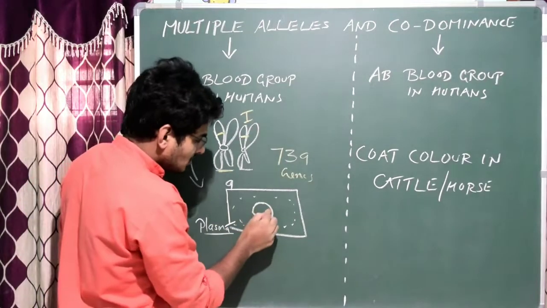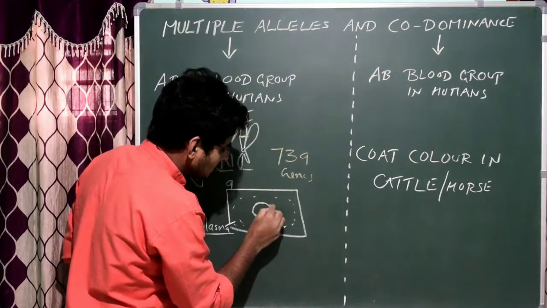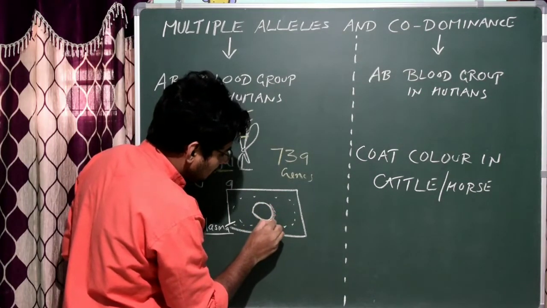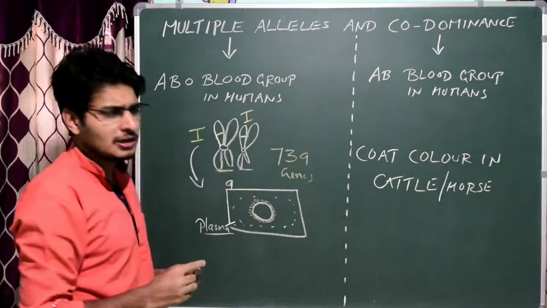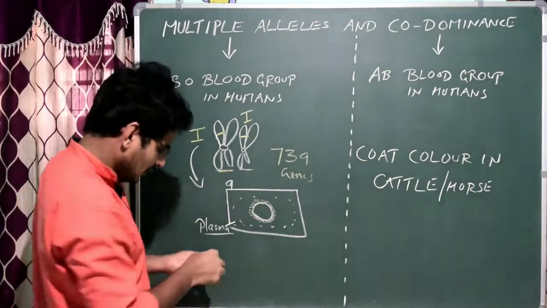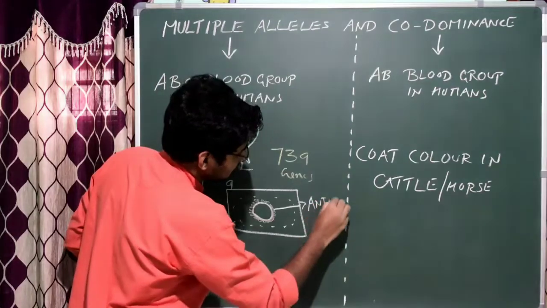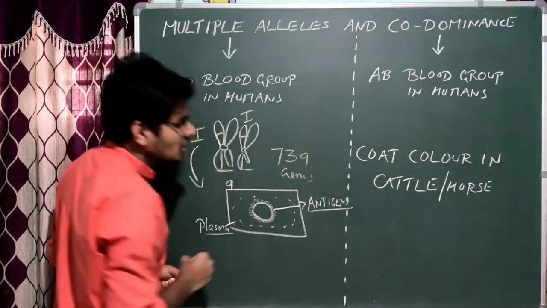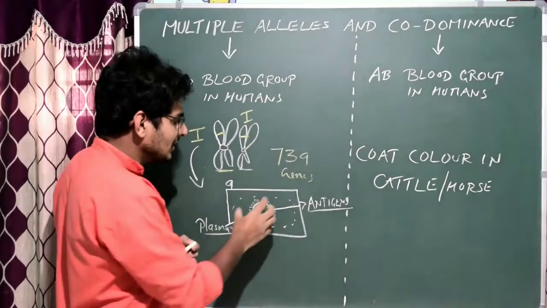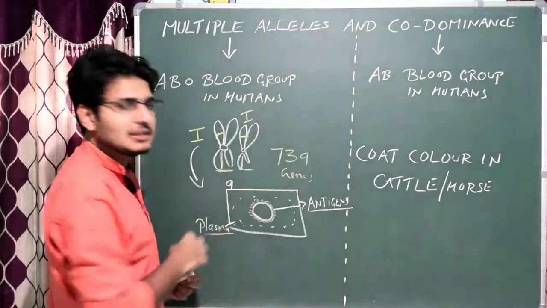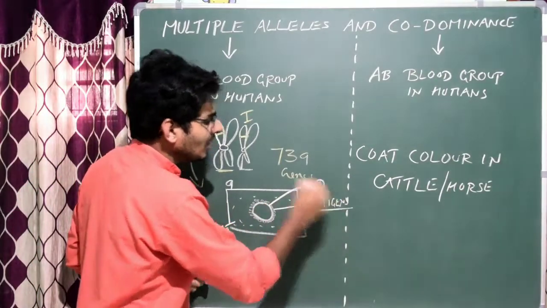This particular RBC contains a special type of sugars. The surface contains special type of sugar. It is also called proteins. These surface proteins are called antigens. This antigen is based on the type of the protein which is produced by the RBC on its surface. It is also called surface proteins or antigens.